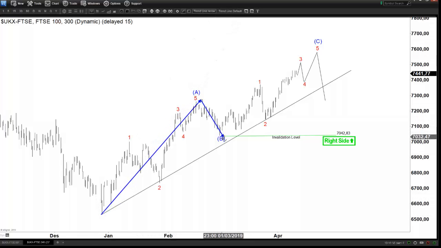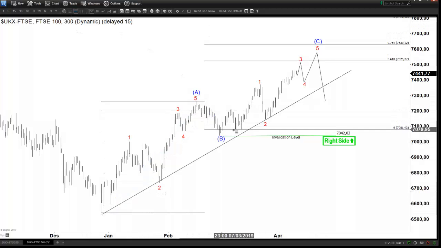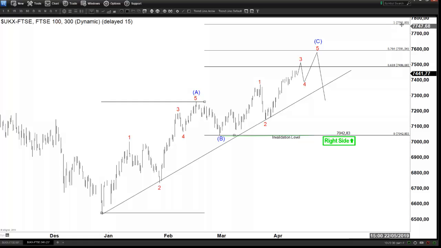Usually, in the Fibonacci relationship, the C is equal to the A. So far you can see that the leg doesn't seem to be equal yet. If you do the measurement here, it has not reached the ideal target 77.61. It doesn't necessarily mean it has to go there, but ideally that's the relationship, C equal to